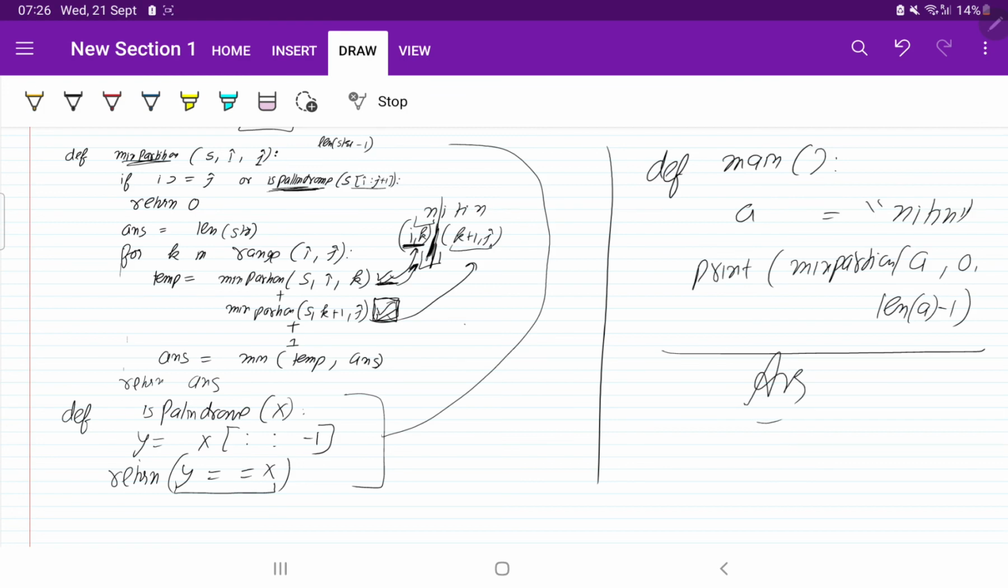So this was the complete thing. So first what we have done, we have written the base condition. This is our base condition. Then we have used the for loop for k. Then we have written the temporary solution, and with the help of temporary solution we have written final answer. So I hope you got the solution.